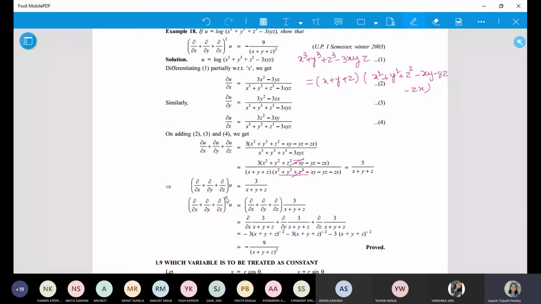Now you have to do it a second time. That means whatever you have right now, this is the function. You will differentiate it again with respect to x, with respect to y, with respect to z. Okay, it is done in one step. I hope you can make out. This is with respect to x, then with respect to y, and then with respect to z. Now I'm doing one for you. Similarly, you can do the others. So when you are differentiating this, again we will be using the chain rule. So this is the function.